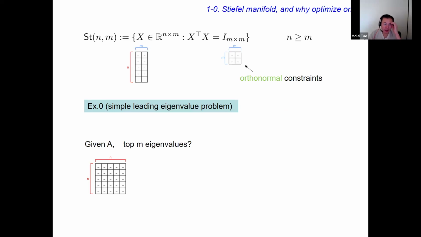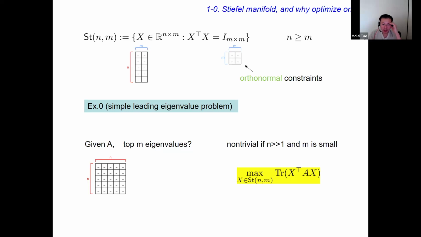So let me start really with a motivating toy example, which is nevertheless quite important. Here I'm considering the problem of, given an n by n square matrix, how do you compute its largest m eigenvalues? There are a lot of applications in which n is huge, like a million, but you only care about, say, the top 10 eigenvalues. So m can be very small. In this case, you actually have a lot of issues. If you use some traditional approach, you can't even store this matrix in its entirety. So you have to do something else.